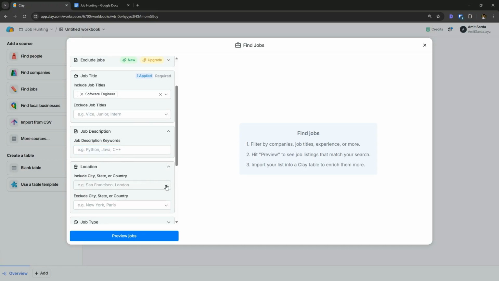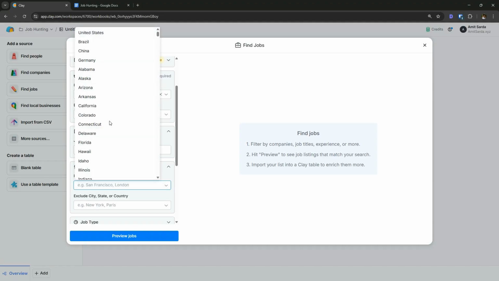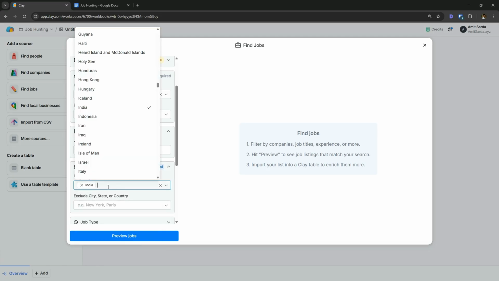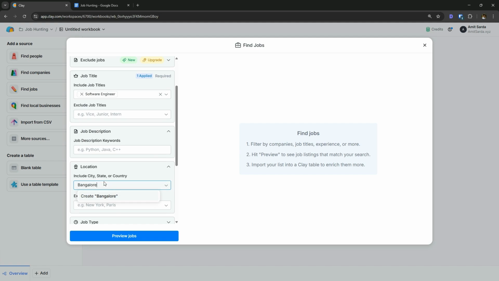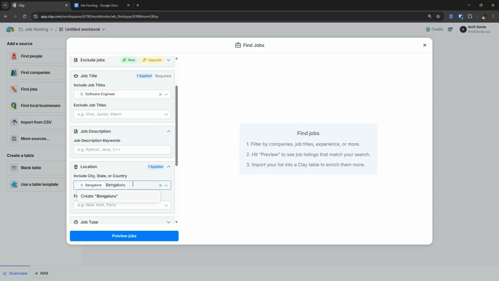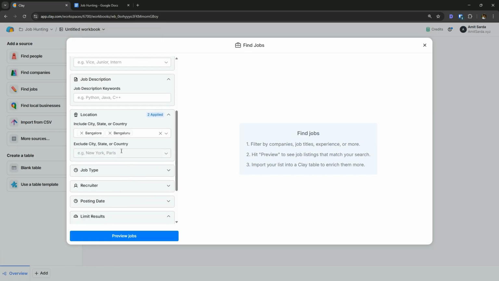In the location, let's say I want to select India, or in fact, let me type Bangalore, Bengaluru, let's say. You can include any cities, states, or countries, and you can exclude any that you don't want the